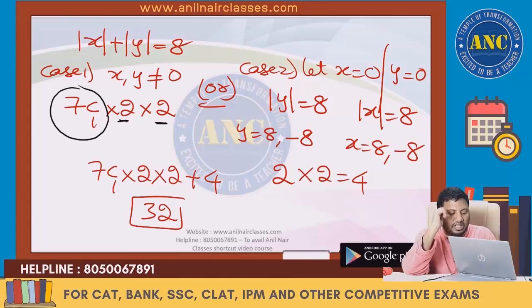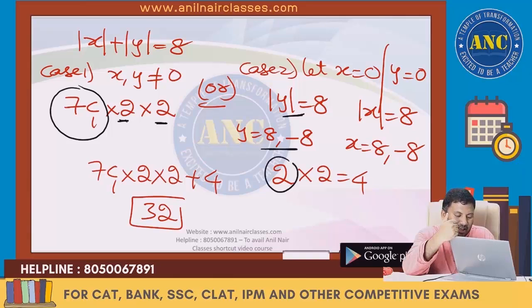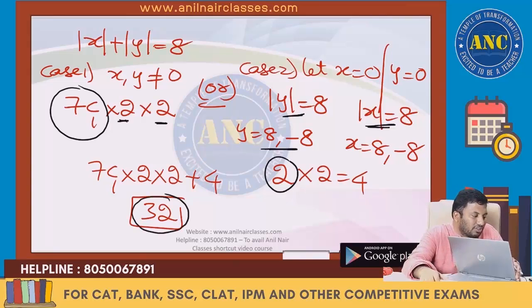If x is 0, mod y is 8, y will be 8 or minus 8. Similarly, if y is 0, x is 8 or minus 8. 2 into 2, 4. 32. Answer is nothing but 32 cases. I will make it very, very easy for you. But once you understand the concept,